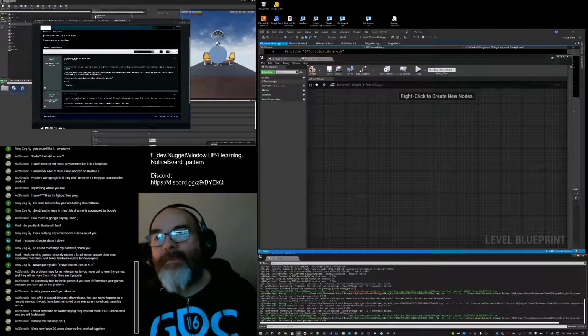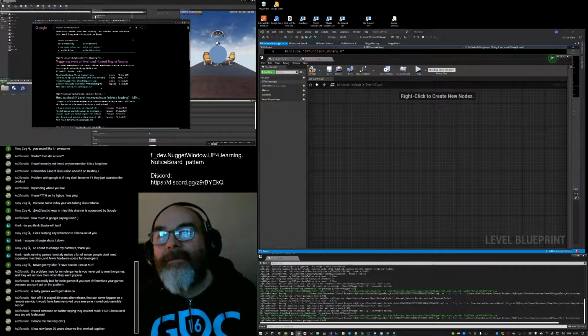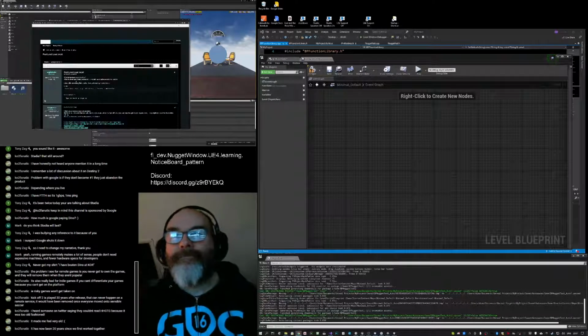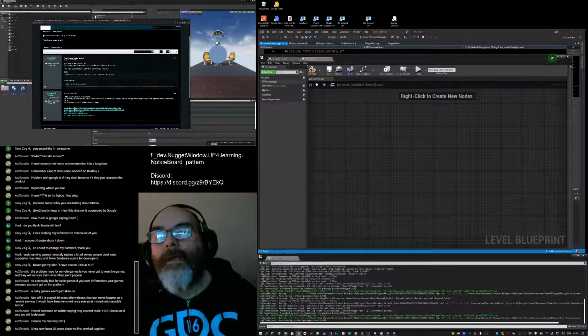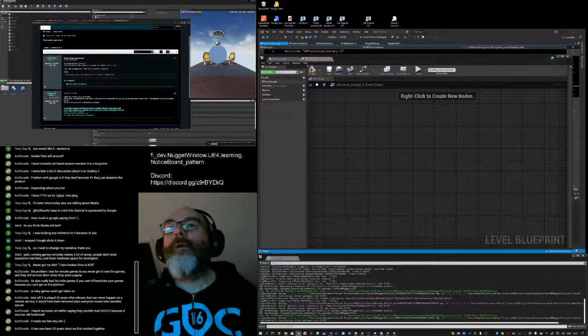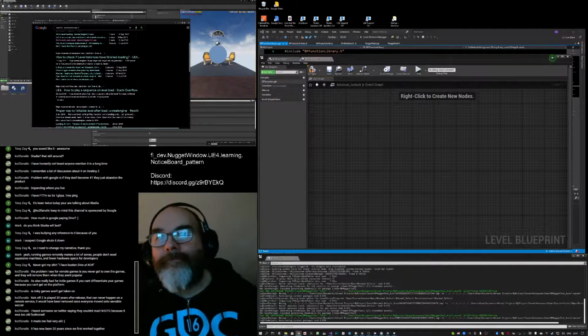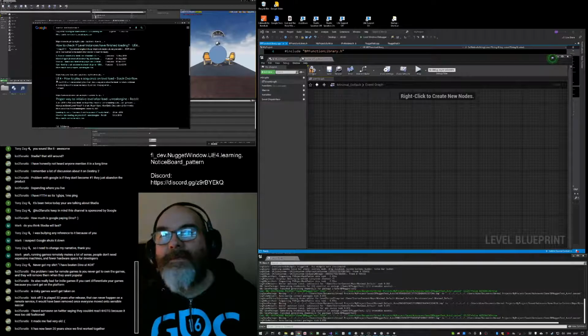I solved it by putting triggers on the edges of streaming volumes. Oh. It's always the same, these kind of global things.